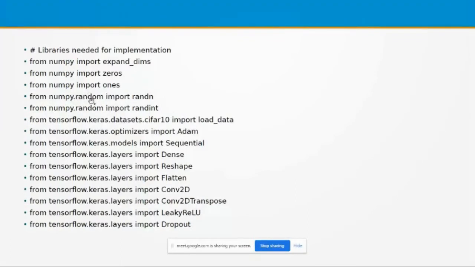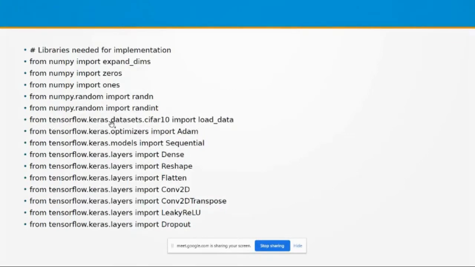Then from NumPy random import random for generating random numbers. For generating integer random numbers, we can use from NumPy.random import randint.